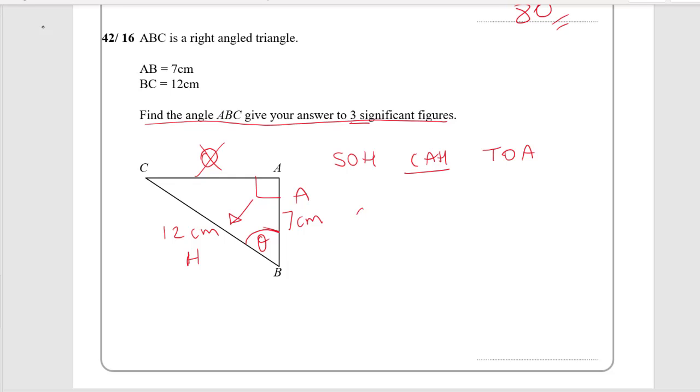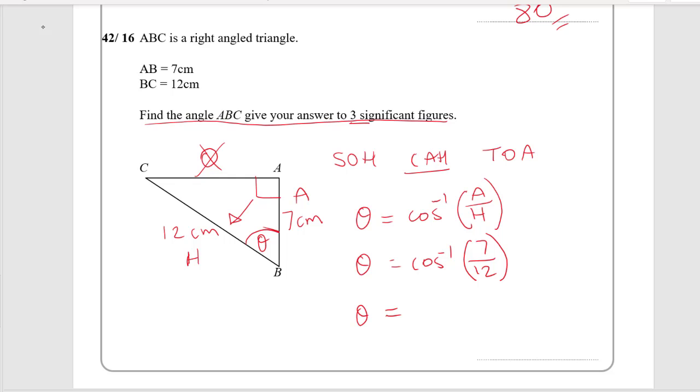So when you find a missing angle, you write theta equals cos inverse of adjacent over hypotenuse. Let's substitute the values in. So cos inverse of A is 7 and H is 12. Type this in your calculator. Make sure you press shift then cos. That will give you cos inverse of 7 divided by 12, and that will give you an answer of